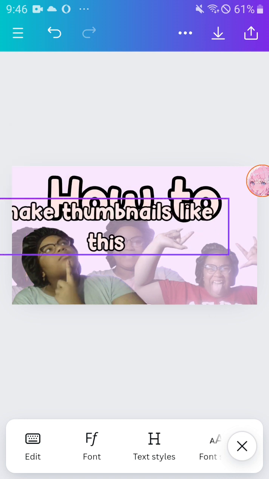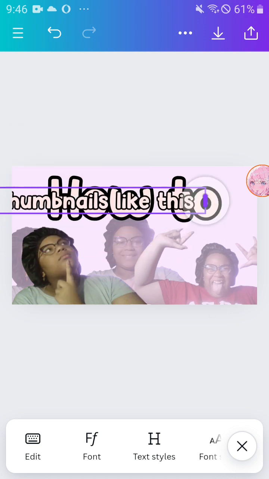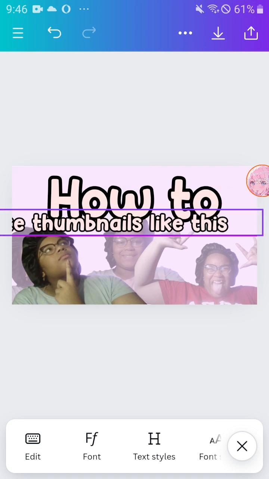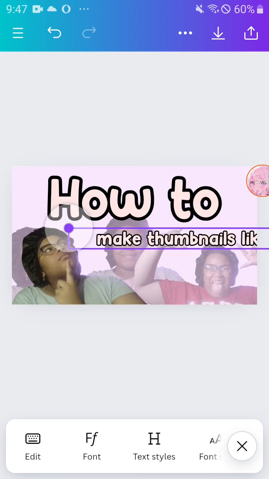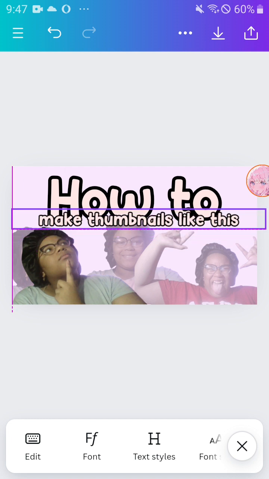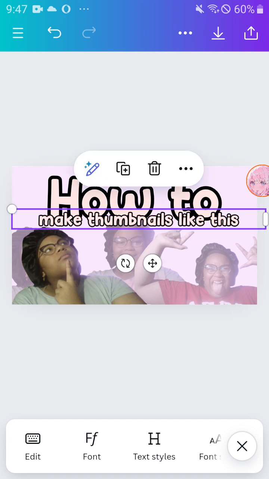Let me make it go to the left, and then we'll just put the text here. Size it down just a little bit, just like that. Finally, we're gonna change the font. So if I go to font again,